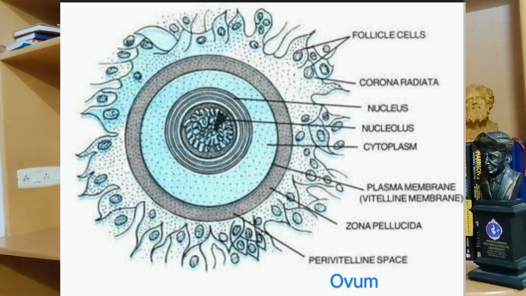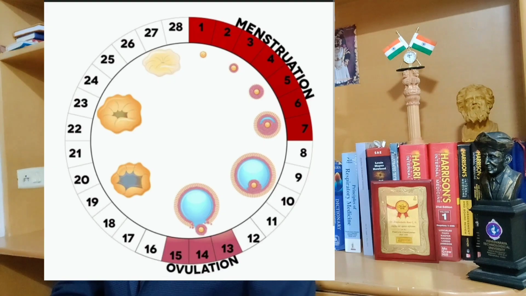Coming to this ovum, this is the largest cell in the human body. You can see this corona radiata. This helps in movement of the ovum. As you all know, ovum is released in the woman on the 14th day of the menstrual cycle. And later on it enters the fallopian tube, comes to the body of the uterus and goes out through the